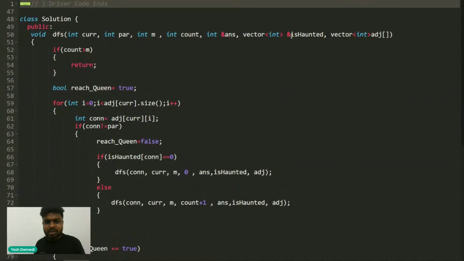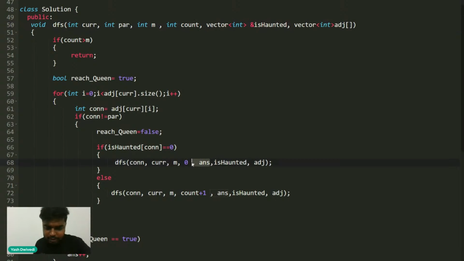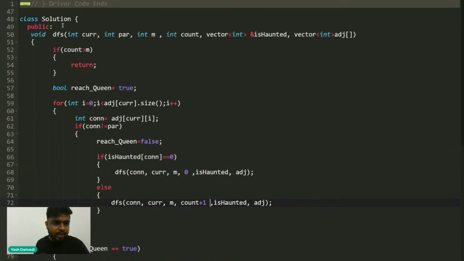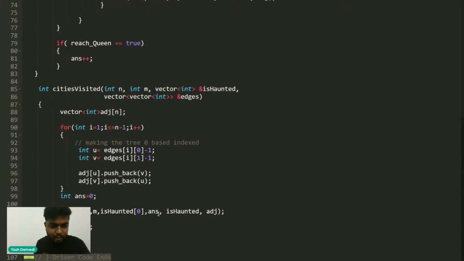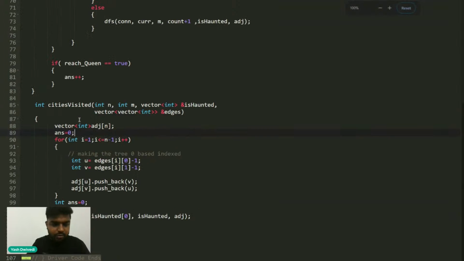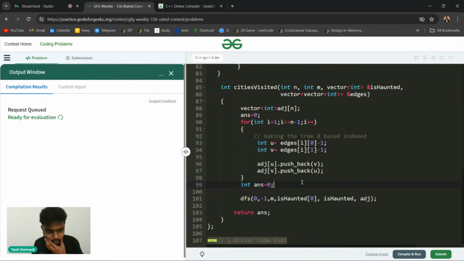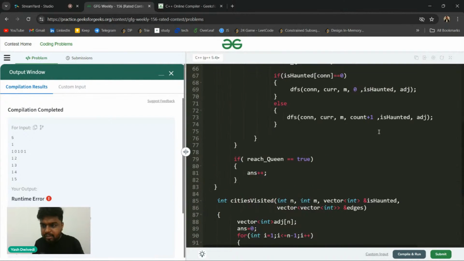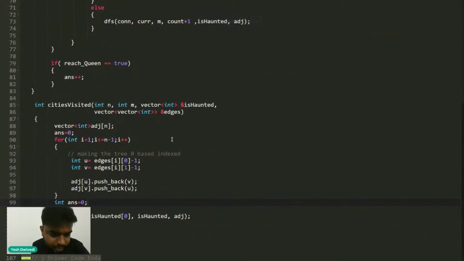But instead of this, can I make it easier? Let's say I don't pass this answer variable. I don't think it's because of this, but still I'm removing it from here. And I'll declare a global answer variable, let's say. And I'll not pass this here as well. So every time I update the answer as zero, let's say. Let's see what happens here. Okay, the segmentation fault is still there. So there's some issue in the graph building or something.